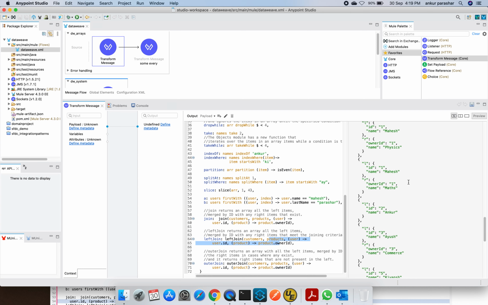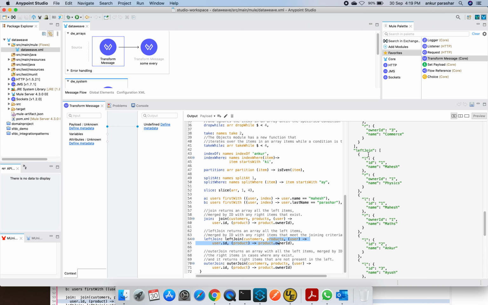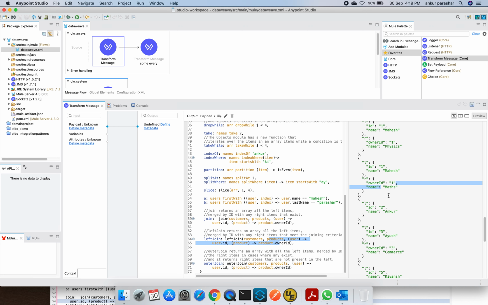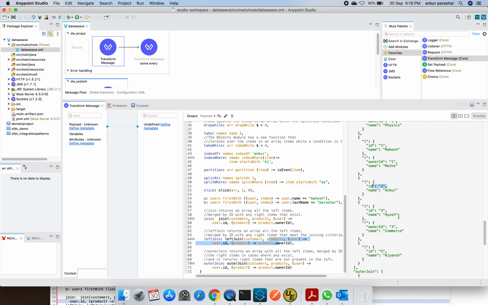What I mean to say, in left join, I have ID1, so ID1 is matching. ID1 with ID1 matches, but there is no subject 2. But this left join will make sure all the left items, left meaning the customer details, all those are being copied.